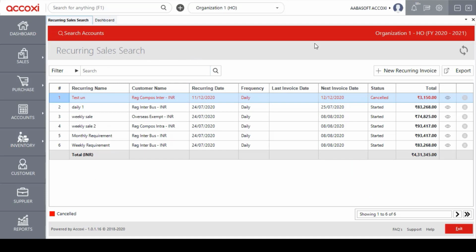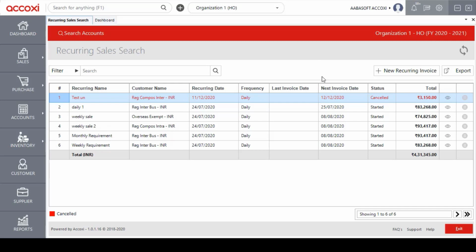Here the user can create repeated types of sales invoices, which means if the user has repeated invoices every day, week or month, the user can create a one-time invoice which enables the invoice to be created automatically. So this form eliminates the need to repeatedly create invoices, and it also helps to save time.